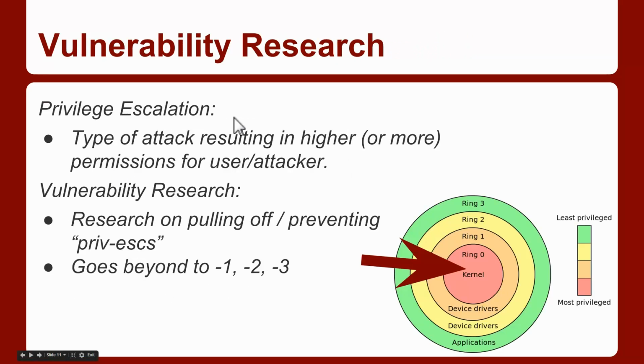So vulnerability research relates to this model in its very core, in that vulnerability research is all about pulling off and preventing privilege escalation. Privilege escalation is going from one level of access to a higher level of access. Ultimately, it's all about inverting the model to get to the most privileged state in the offensive manner. So obviously it goes beyond -1, -2, -3, and